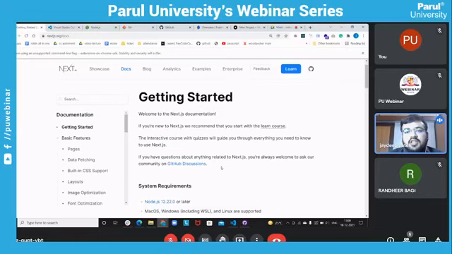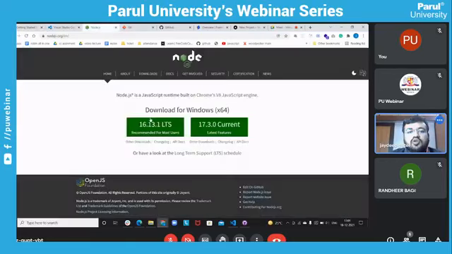You need a few things to run Next.js locally. First is Node.js. You can download it from the Node.js website. Currently, version 16.13.1 is available for Windows, Mac, or Linux.